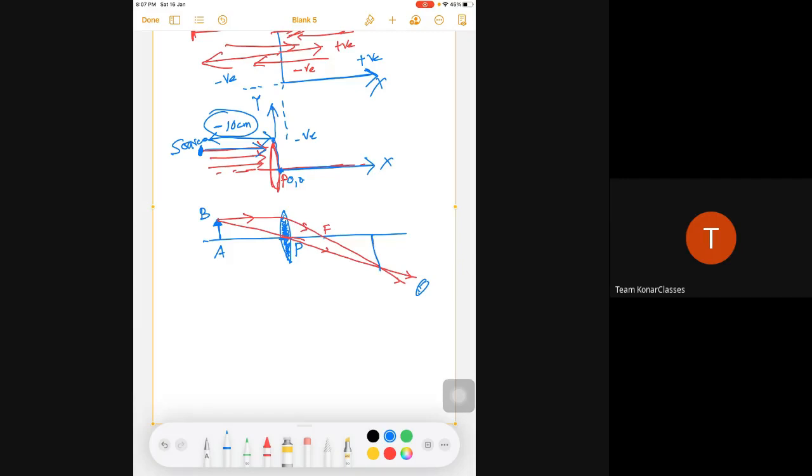The image is forming over here where the two rays are cutting, and this particular point B forms an image. I am giving it the name B dash, and this particular A will come here as A dash. So this A dash B dash, you are observing this light from here, and you will see that this particular AB forms as A dash B dash on the other side. This is the way the image forms in the case of a convex lens. So this is a convex lens.